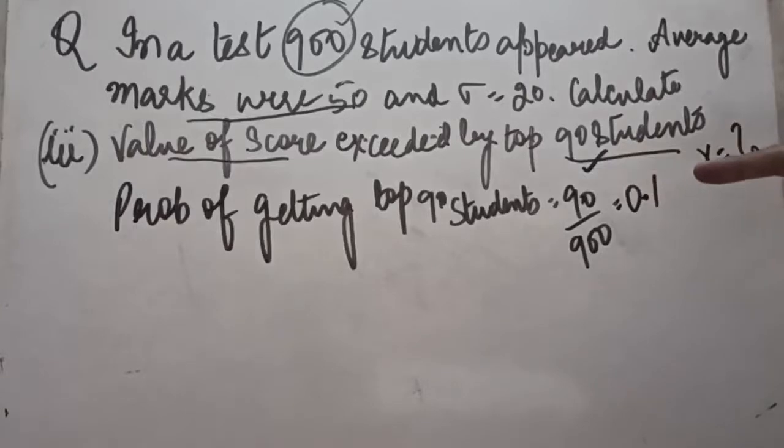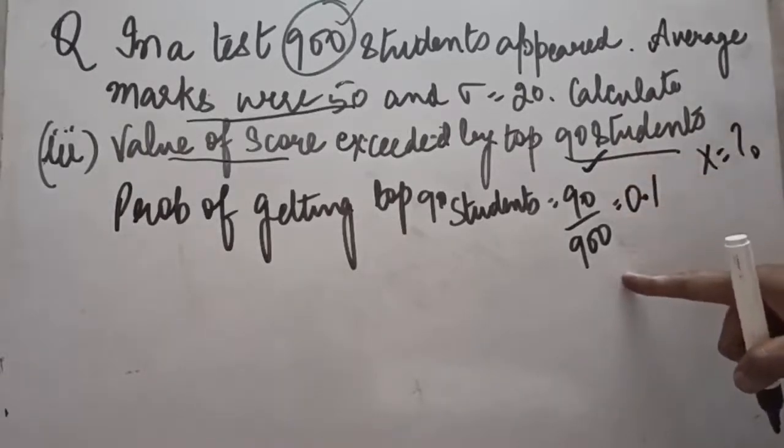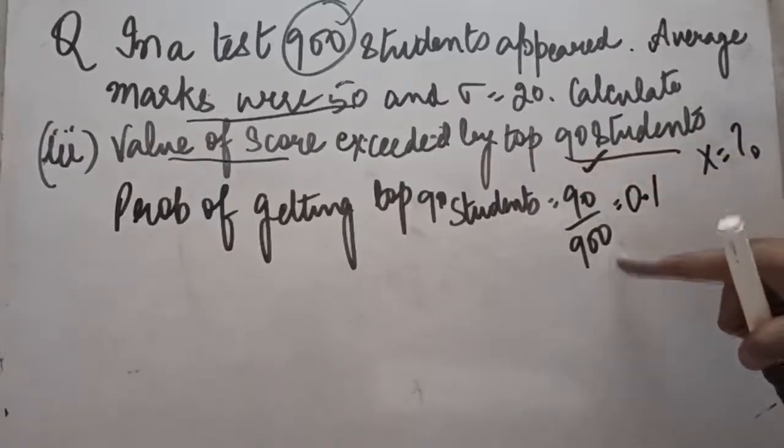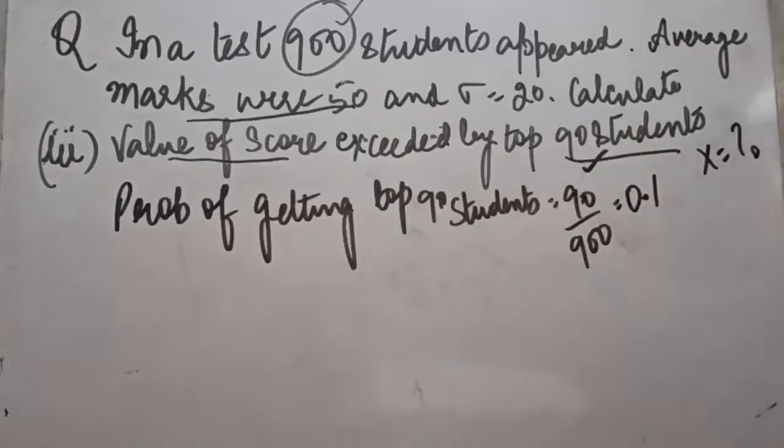If you remember, in the previous point the last step was multiplying the answer with 900. Now we are going in the opposite direction. So we have divided 90 by 900 to find out the probability that we will get this top 90 students. So now what we have to do is